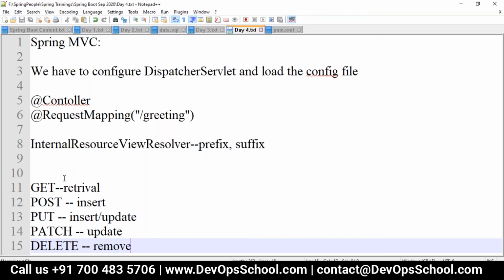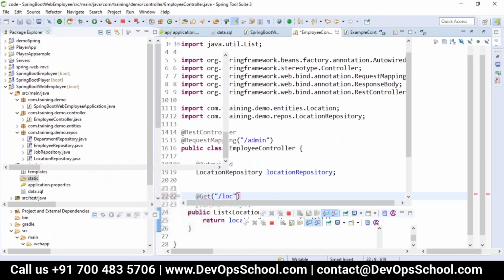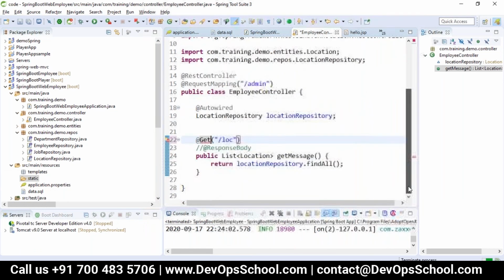So based on what type of REST methods we are using, we have different annotations. So instead of request mapping, we can go with GetMapping, because this method is used for getting data, so we can go with a GetMapping. But the recommendation is to go with request mapping itself.